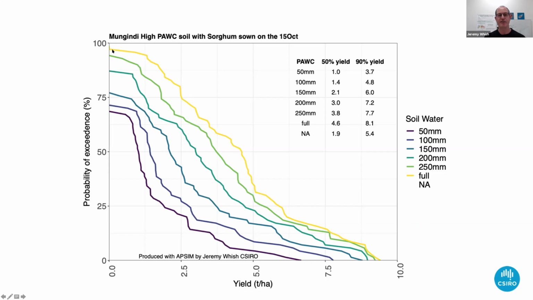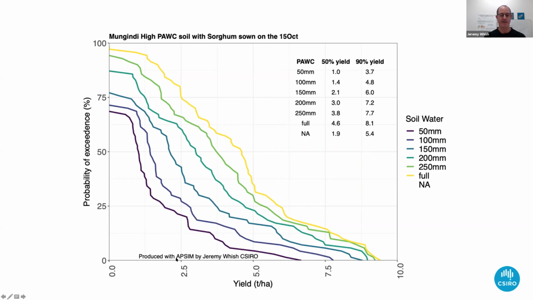What I've done is done 100 years of crop yields, and I've just put them in order from lowest to highest. Every one of these simulations has experienced the same climate. The only difference is how much water was in the soil at sowing. And I've controlled that because it's a model. So by using these, you can get a rough idea of your probability of getting 2.5